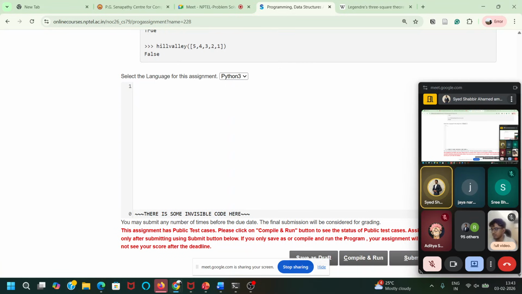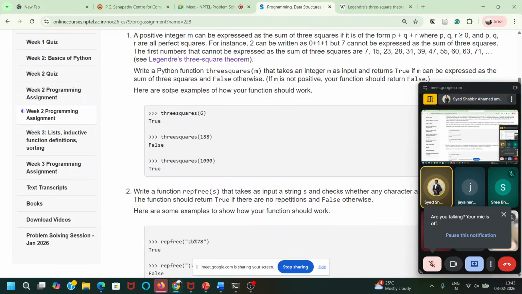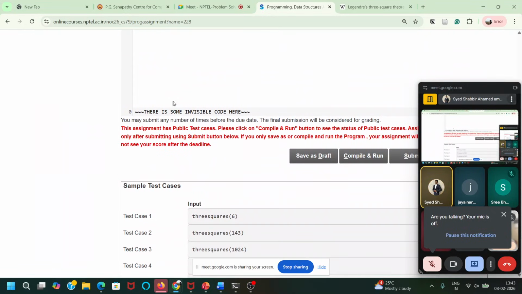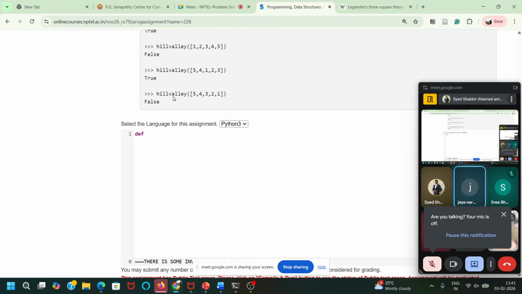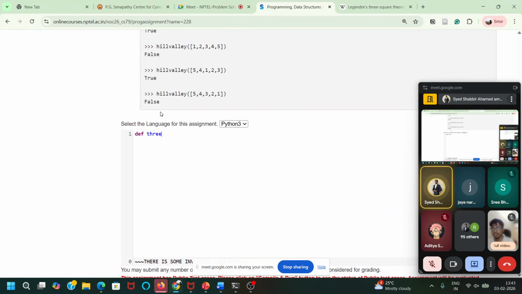you should just write the function. Let's say you have a function, right? What is the name of the first function? 3 squares. You should write 3 squares and let's say some m. And then you will write line 1, line 2.